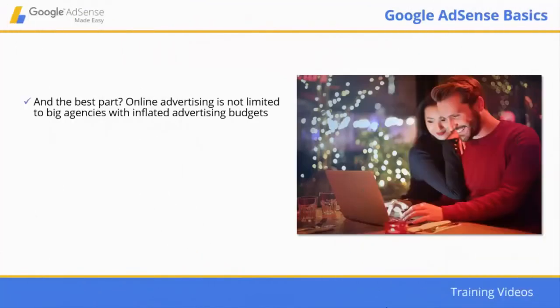Online advertising is not limited to big agencies with inflated advertising budgets. You don't have to produce expensive materials or to go through a lot of paperwork. You'll simply have to have an engaging message, a target audience, and a killer product or service to promote. And that is why online advertising has vastly surpassed offline advertising, because there are more people paying for online ads